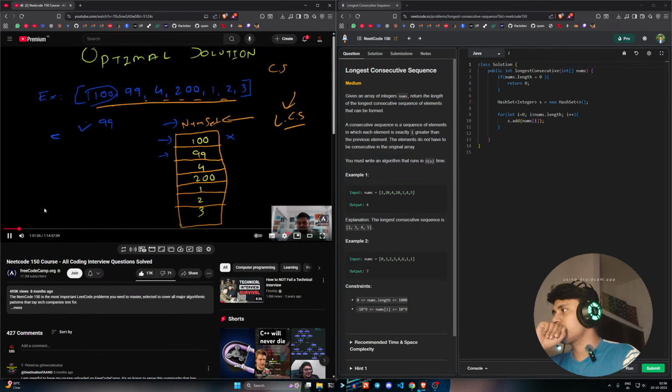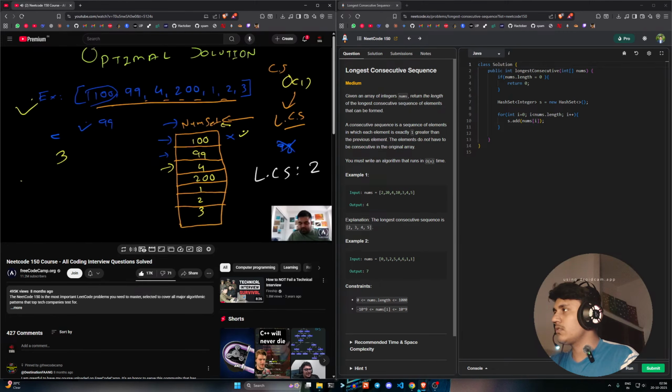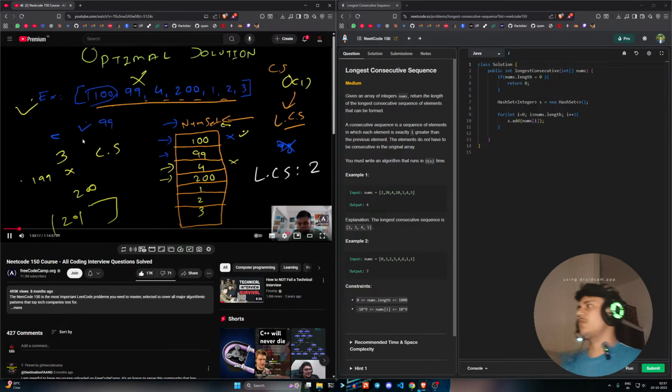We come up at 99. Now we come up at this 99. We check whether 3 exists in the set or not. So 3 exists, which means we ignore this 4. Now again we are at 200, so we check whether 199 exists. So 199 does not exist, which means 200 can be the start of a consecutive subsequence. So we again check whether 201 exists, but 201 does not exist in this given example, so we ignore